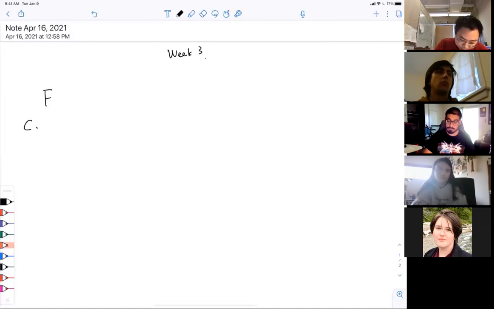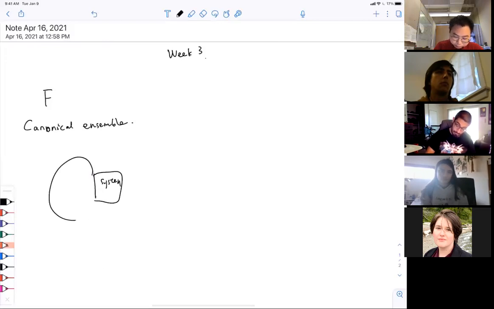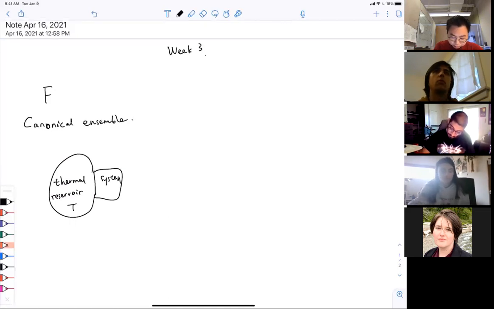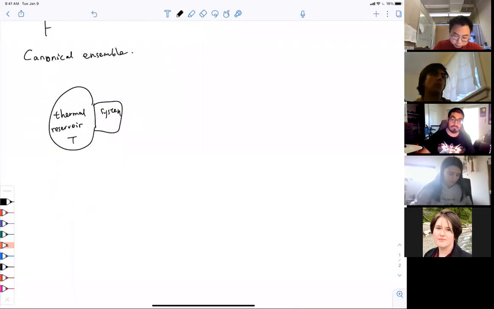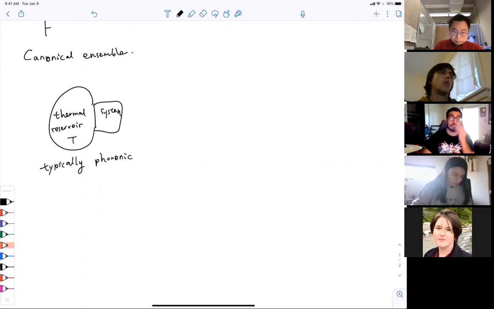Sure. Okay, right. So let's talk about canonical ensemble. I think this is one of the most useful ensembles in practice. Basically, we attach our system to some thermal reservoir, which is kept at temperature T. Basically, it means our system has fixed temperature T. And usually in practice, this thermal reservoir is typically a phononic thermal reservoir,